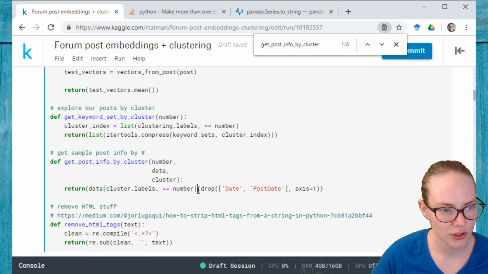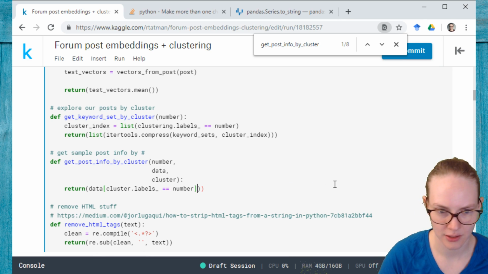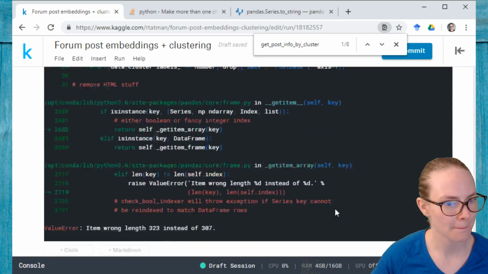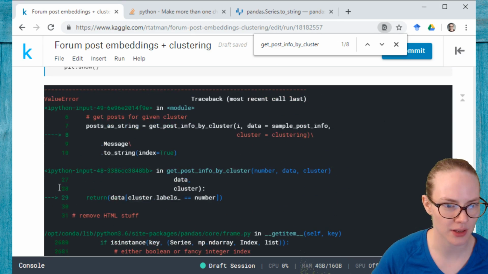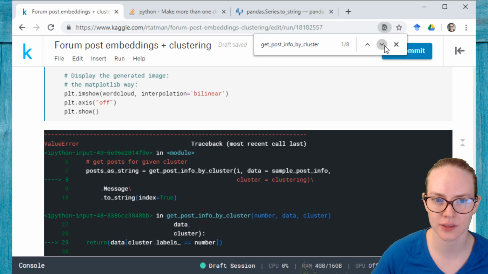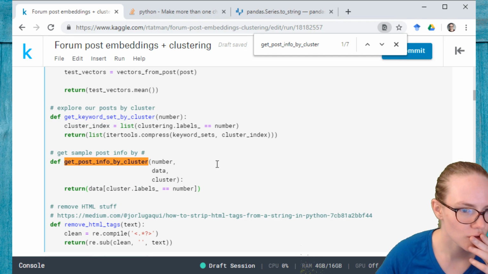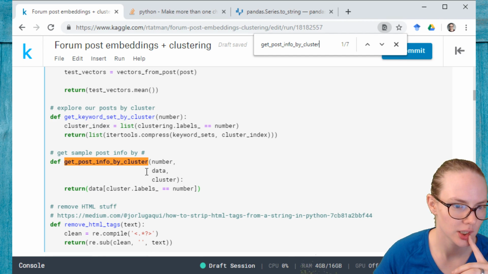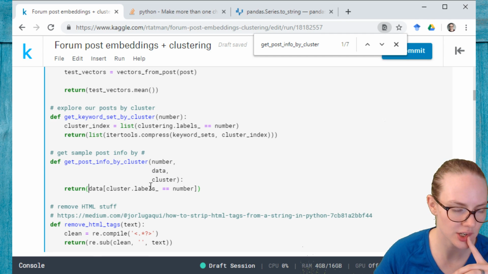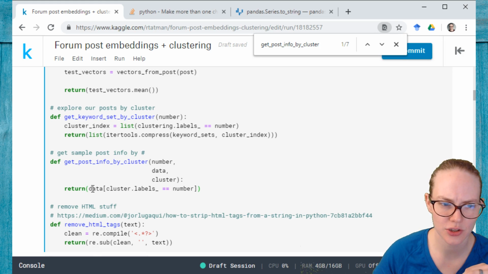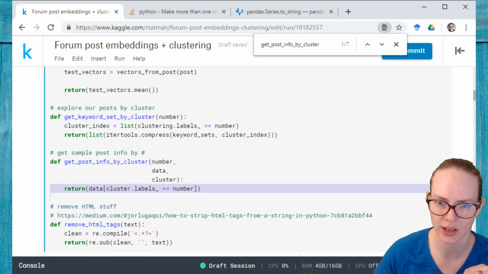Let's, for now, just get rid of this so that if we have either of those columns in our input, it will still show up. Okay, so we still have problems with this. Return cluster labels equals dot number. All right. Number data cluster dot labels equals a number. So I don't think I actually need to say what the, no, I do. So data cluster dot labels underscore equals numbers. This should work. So the problem is that our data and our cluster labels are not the same length,